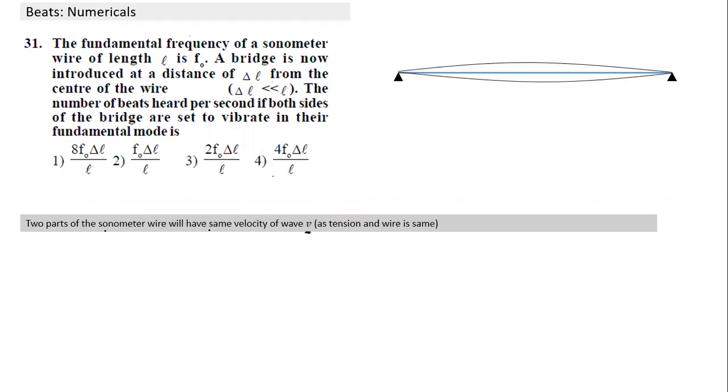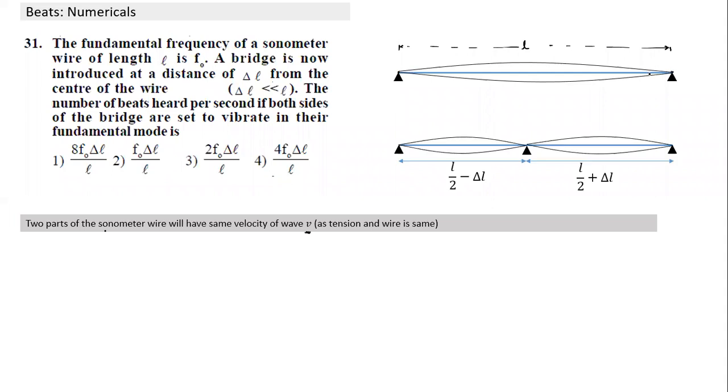Okay, so this is how the sonometer wire, the length is L and it is vibrating in fundamental mode. Let's see this length is L, and it has a particular tension, a particular mu, a particular speed. Now the bridge is placed. So now earlier, which is the bridge point? This was one bridge here, and wherever a bridge is placed, that point will form a node.